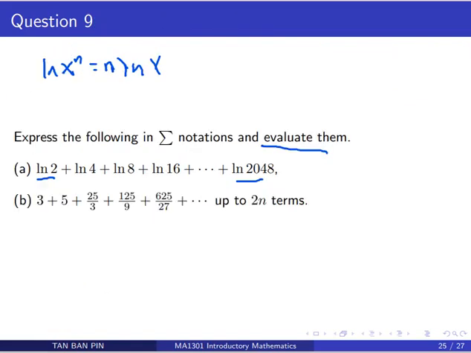Let's go to the second part. For the second part, you have to check. You'll find that the numerator is powers of 5. We have 25, 125, 625. So all these are powers of 5. So this one is actually 5 power 4, 125 is actually 5 power 3, and 25 is 5 power 2.